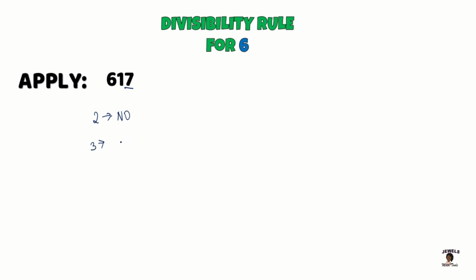Remember that the rule for 3 says we need to sum the digits, so 6 plus 1 plus 7. 6 plus 1 is 7, and 7 plus 7 would equal 14. And again, we know that 14 is not in the 3 times table, so this will also be a no to 3. So because this rule applies to neither 2 nor 3, that means that this number will not be divisible by 6. And again, let's go through our division